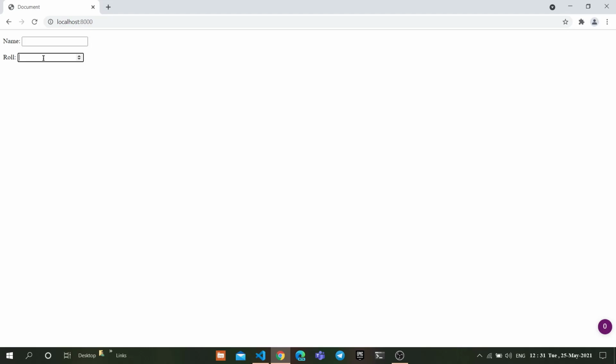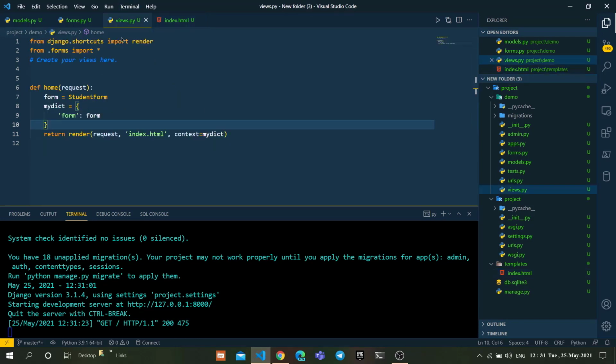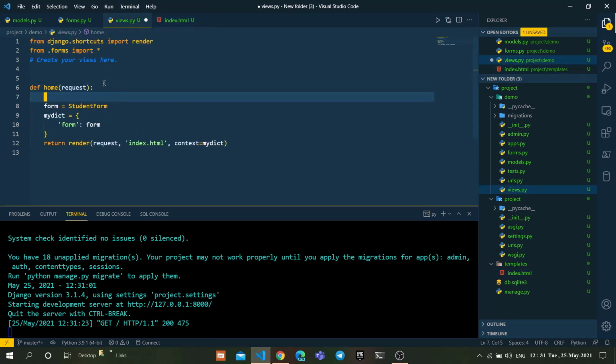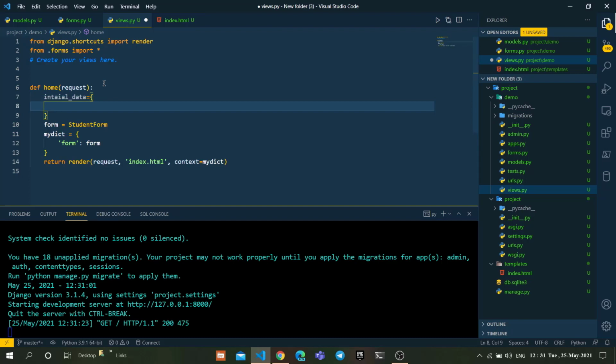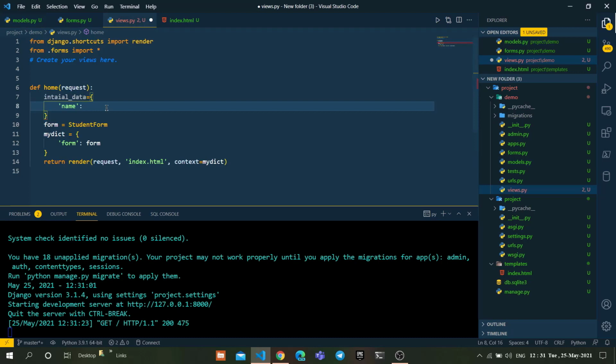Here what we are going to do is give the initial value to the form. Again, go to the views.py and modify it a little bit: initial_data equal to a new dictionary. In this, type the field names which we have given in models.py, which is name colon.